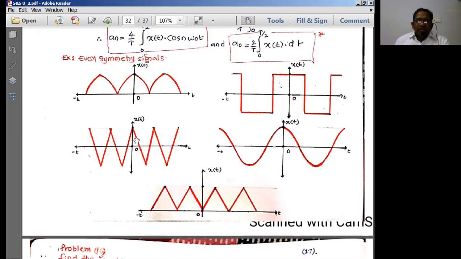Same thing here. The signal is simply decreasing as we move ahead in the positive t direction, similarly in the negative t direction. And same story here. Here is the maximum amplitude, the signal is the same. Now it is decreasing exponentially towards t, same thing towards minus t. It is simply decreasing exponentially. So this is also going to be an even signal, an even symmetry signal.